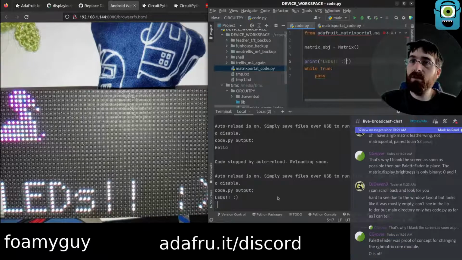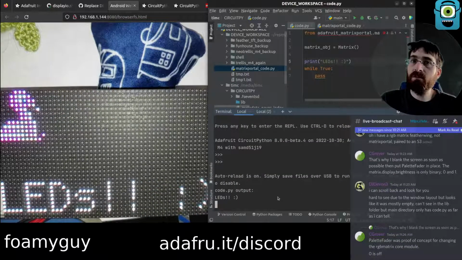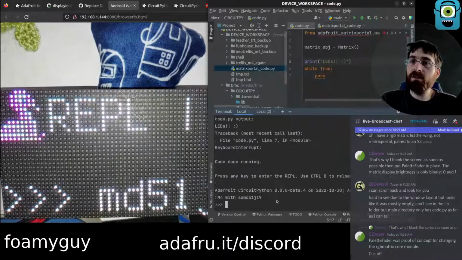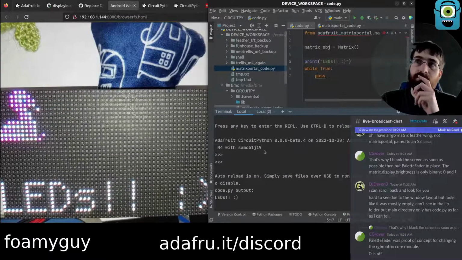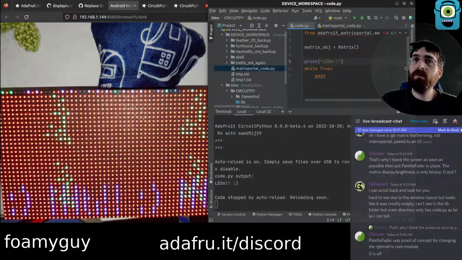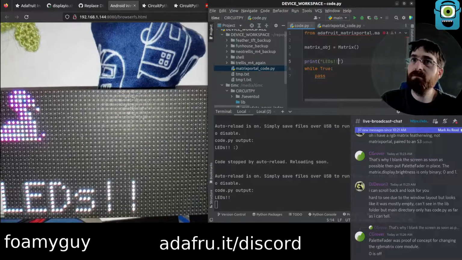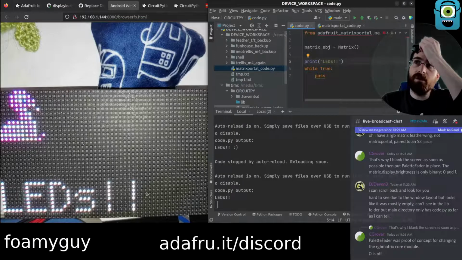But it did run this time. Everything seems fine. If I Control C, Control D, it doesn't do that either. It's like specifically the changing of the code, maybe. Yeah, the changing of the code. But I have run it multiple times now. We are doing all right on this front.